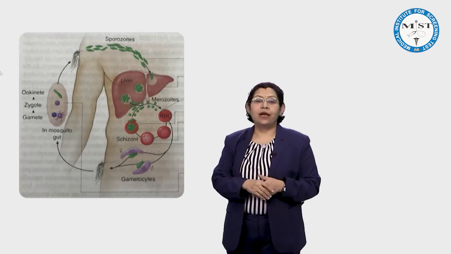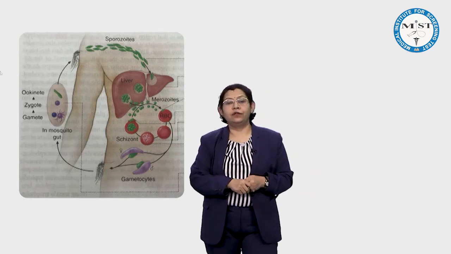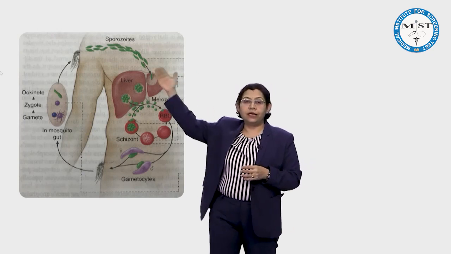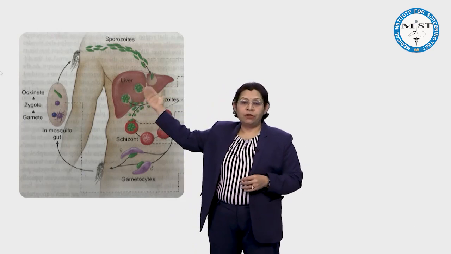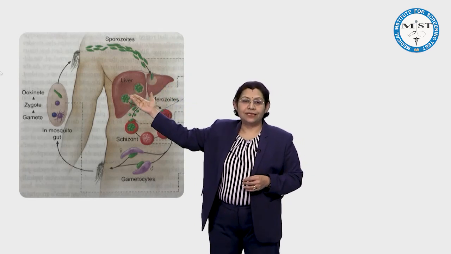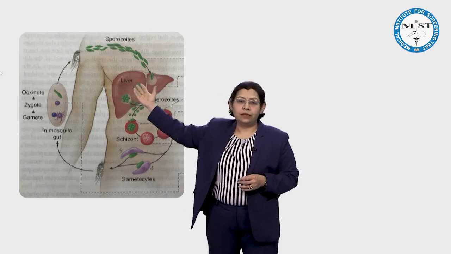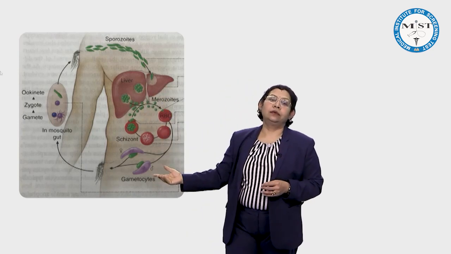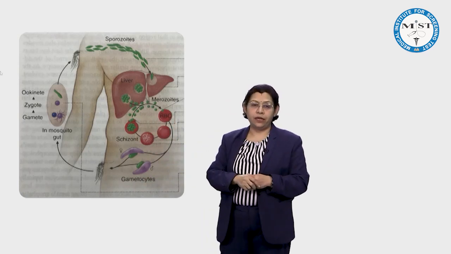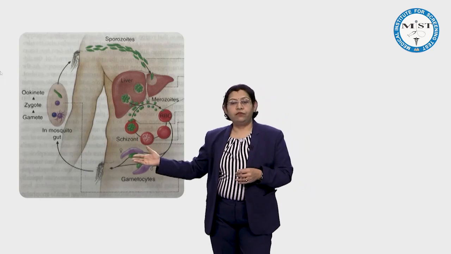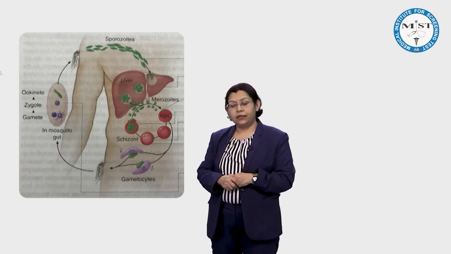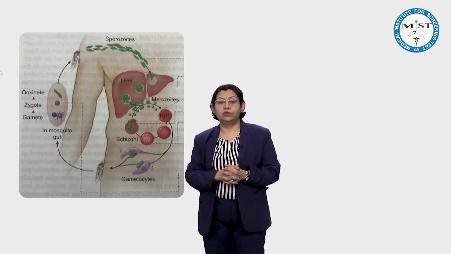Still, this malaria vaccine is under phase 3 trial in different high endemic areas. The trial is still going on, and what is it doing? It is preventing the entry of the sporozoites into the liver cells, and once this entry is blocked, the rest of the cycle is already stopped. So, we can avoid malaria. We are waiting for this phase 3 trial of the malaria vaccine to be completed, and then it will be freely launched into the market.